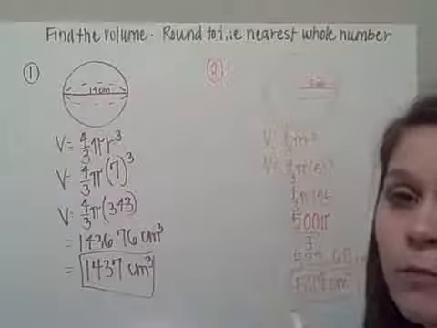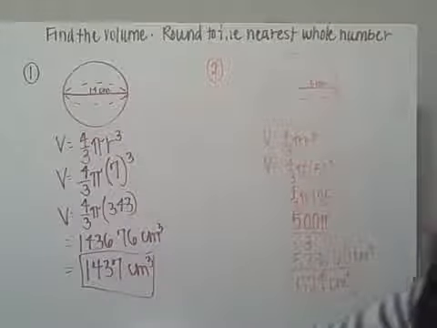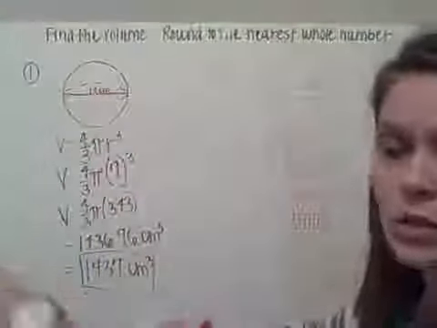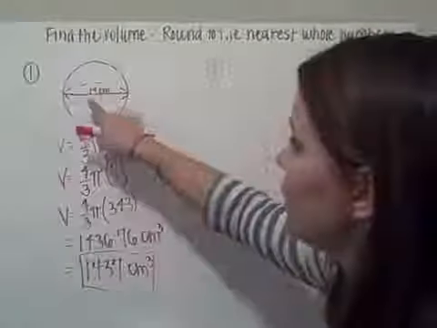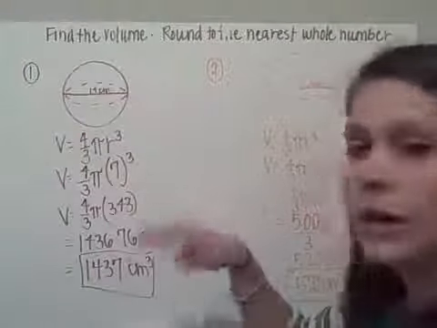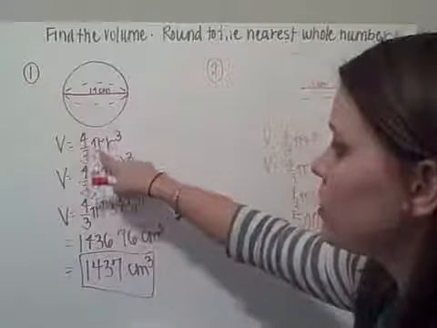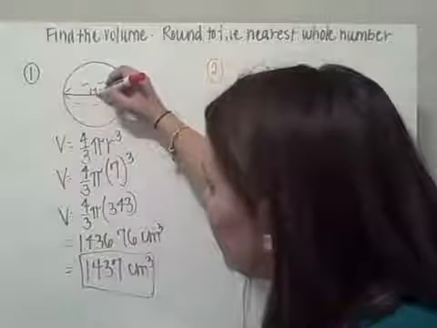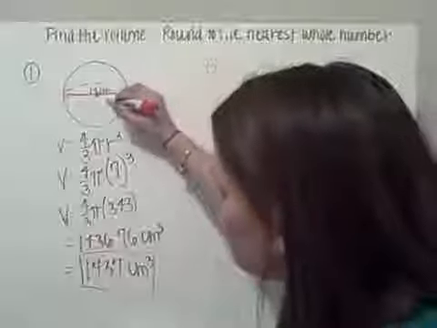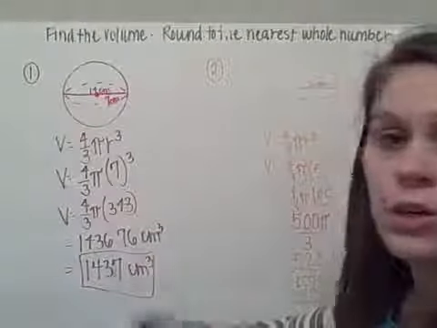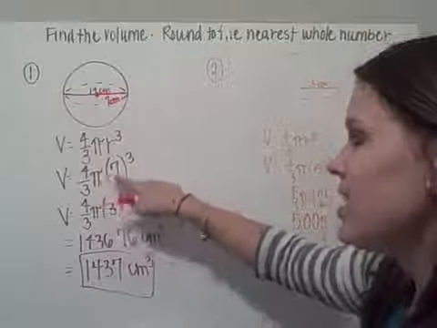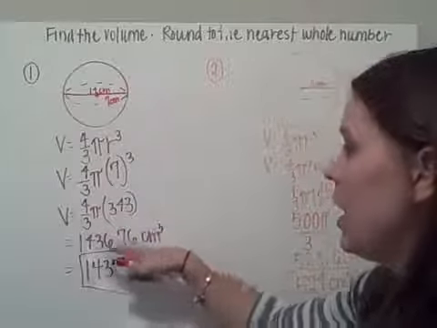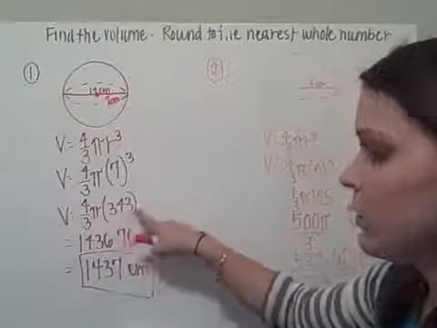So let's look at some volumes of spheres. We want to round to the nearest whole number. So we have a sphere here, and it gives us the diameter, so the distance across the sphere is 14 centimeters. Well, we know that the volume of a sphere is 4/3 pi times the radius cubed. Well, we have the diameter. So half of the diameter would be your radius, so this is going to be 7 centimeters. So we have 4/3 times pi times 7 to the 3rd power. Well, 7 to the 3rd power is 343. And 4/3 times pi times 343 is